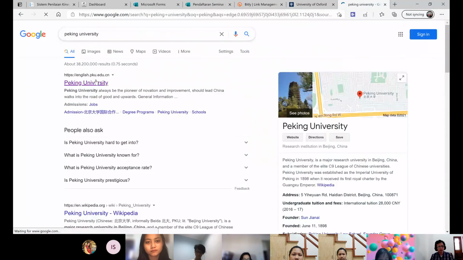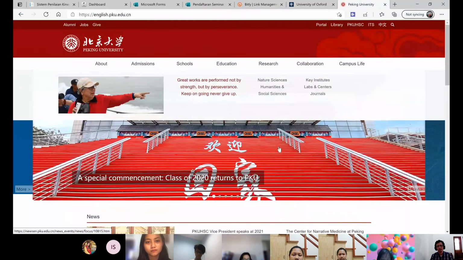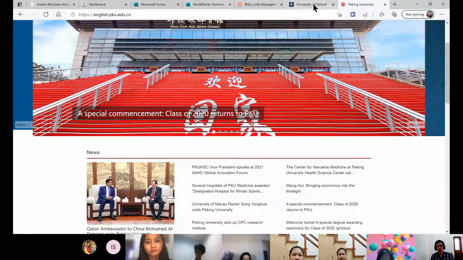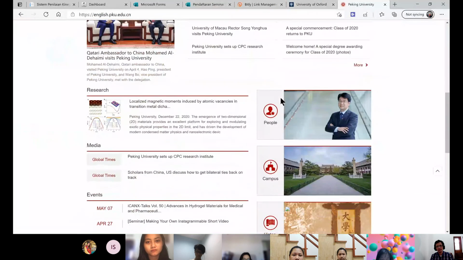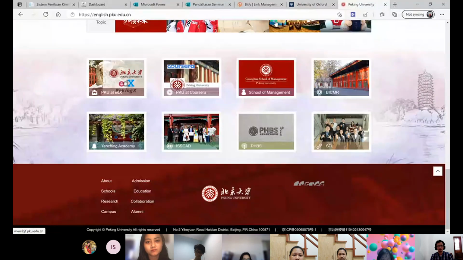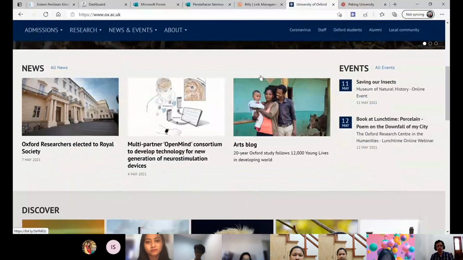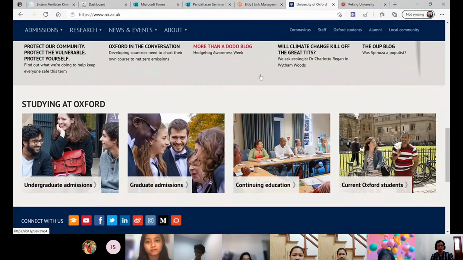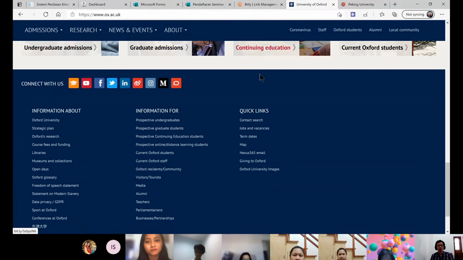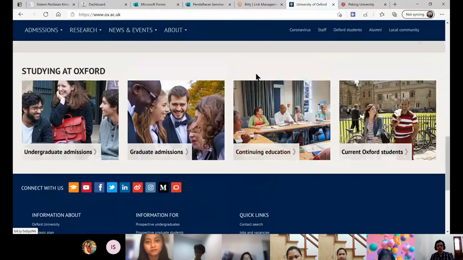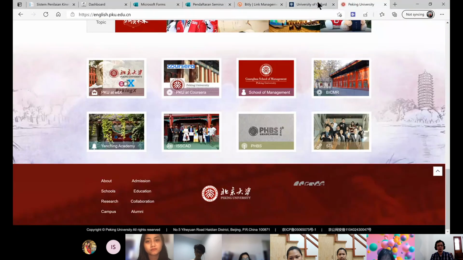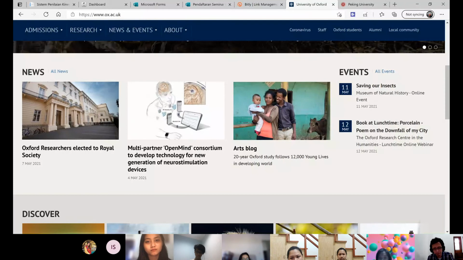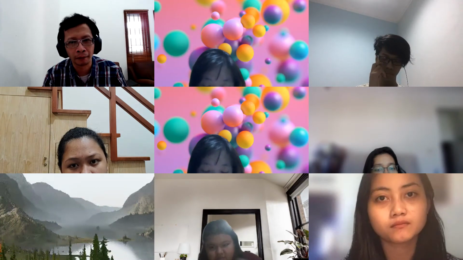Peking University, for example, they have red, and also the pictures emphasizing bright colors, while Oxford tends to have calmer or cooler colors in its pictures. So there is nothing wrong with it. It's just a matter of taste, but you need to understand that.